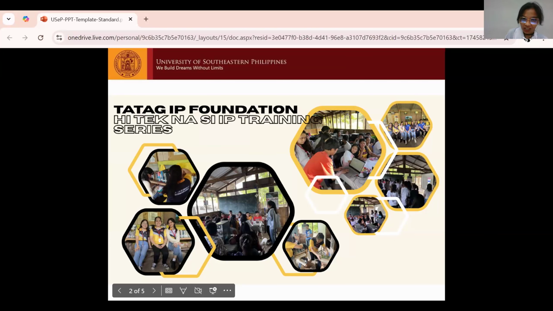Tatag IP Foundation is actually a non-government organization, as I have mentioned, and our college has coordinated with them, and we have also implemented an extension program.